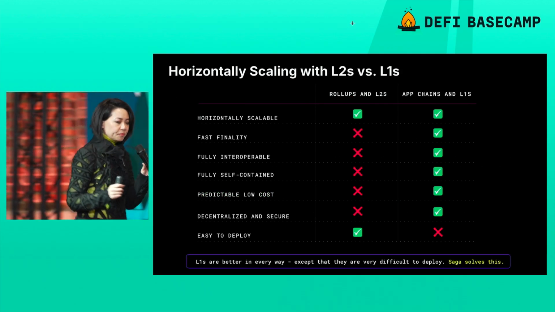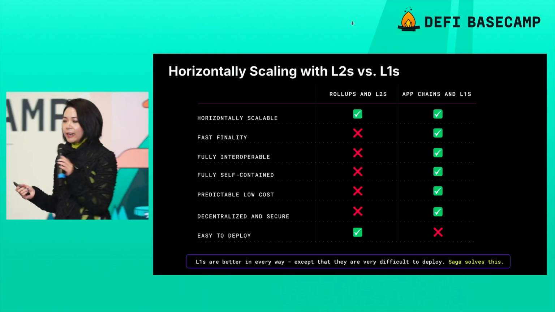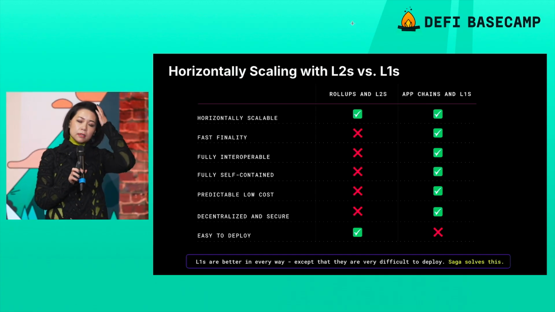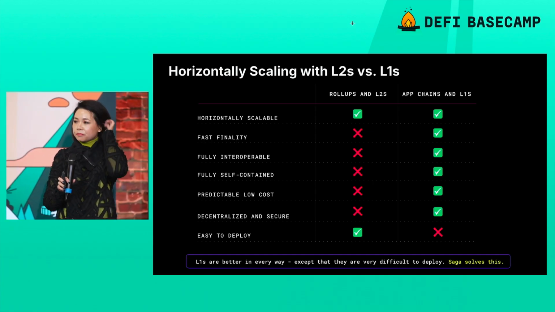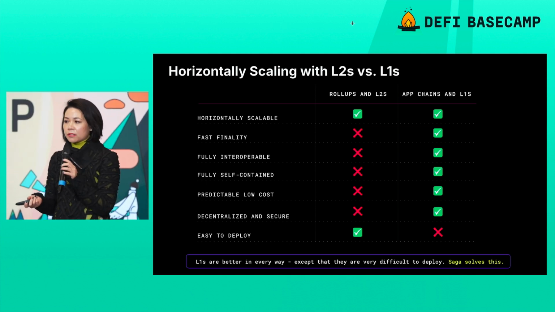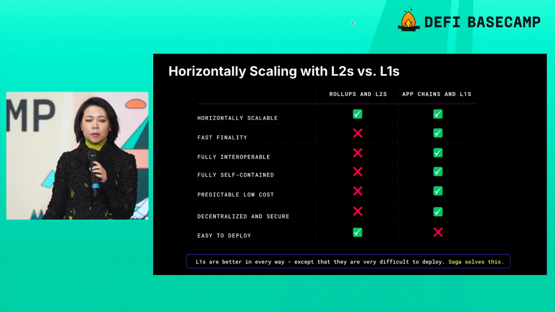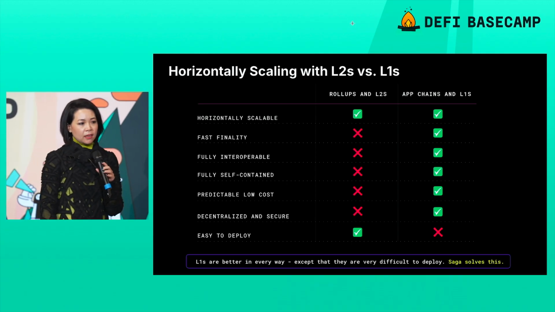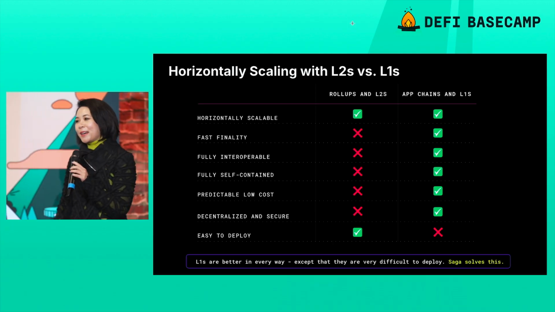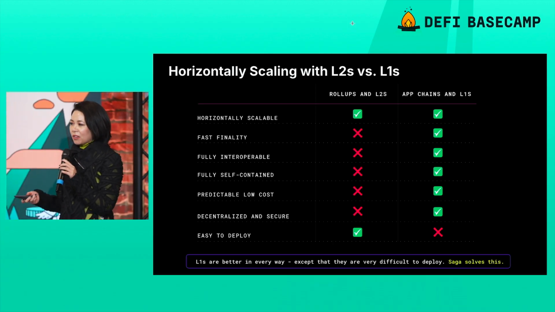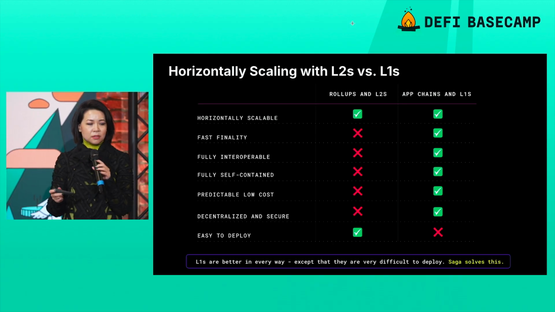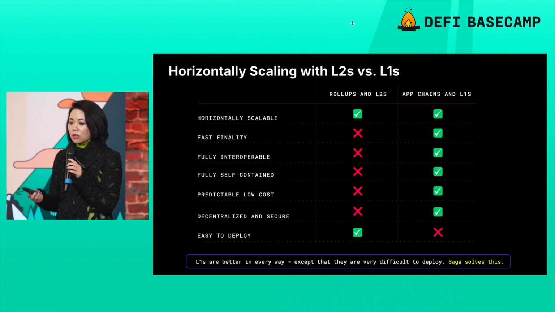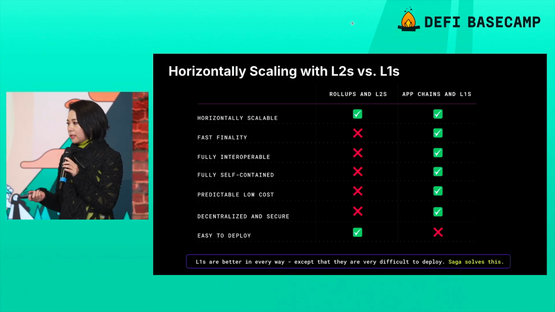Thank you. Okay, so horizontally scaling L2s versus L1s. We all have had rollups and rollup protocols stand up over the course of the last few months. We've had a lot of L2s stood up as well. And I think for many people, genuinely, this was the way that they thought scaling should happen. It was also a nice way to get some sort of token value extraction. However, there are some significant technical considerations here that I think every developer should take into account when they decide where to build. So is it horizontally scalable, first and foremost?